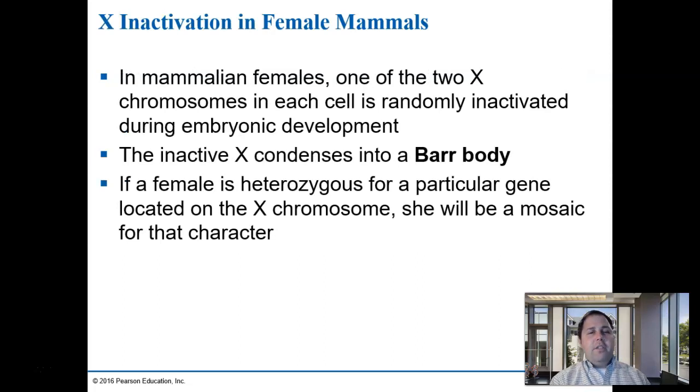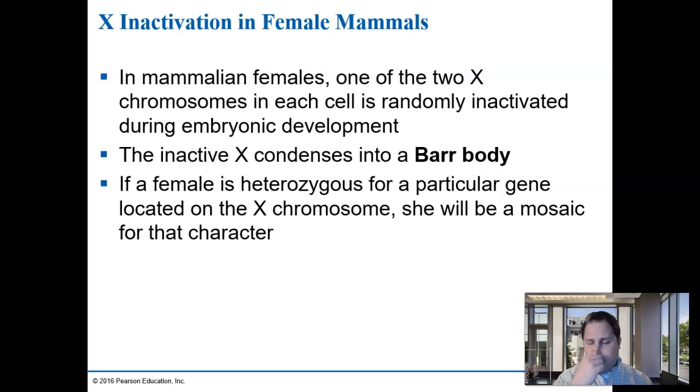So another interesting feature in women, because women have 2 X chromosomes: in female mammals, only one of the 2 X chromosomes is activated, and the other is inactivated randomly during embryonic development. That means that even though we say every cell has the same set of chromosomes, in women, one of their X chromosomes is inactivated and condenses into something called a bar body. So any female who's heterozygous for a particular gene on that X chromosome will actually be a mosaic throughout the body for that characteristic. It's kind of weird to think about,